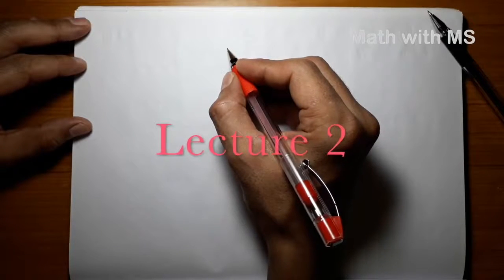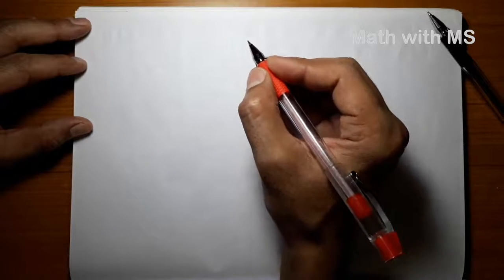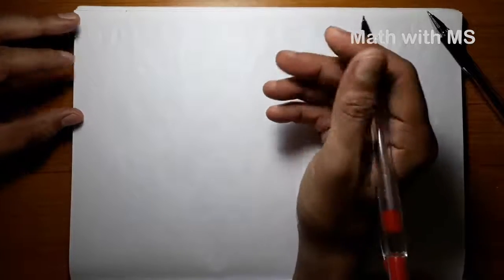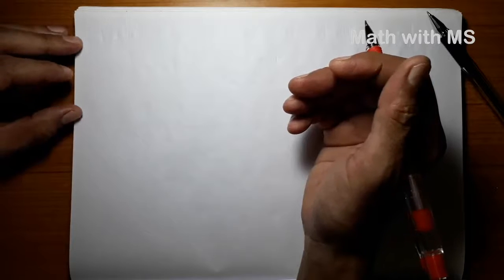Welcome to the second lecture on representations of finite groups. In the first lecture, I defined what a representation of a group is and gave the definition of equivalence of two representations. So continuing that line, let me begin with a small observation.